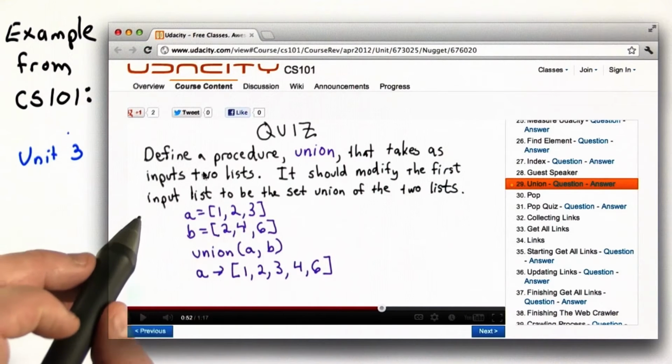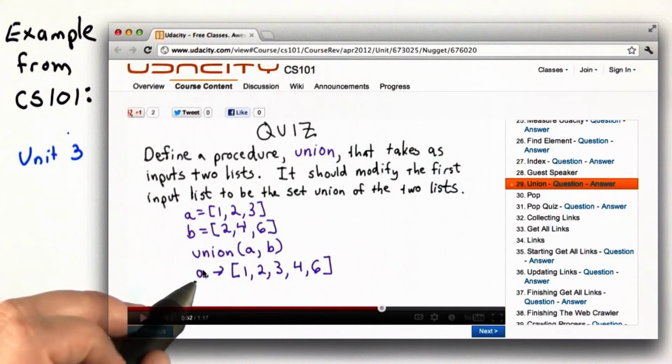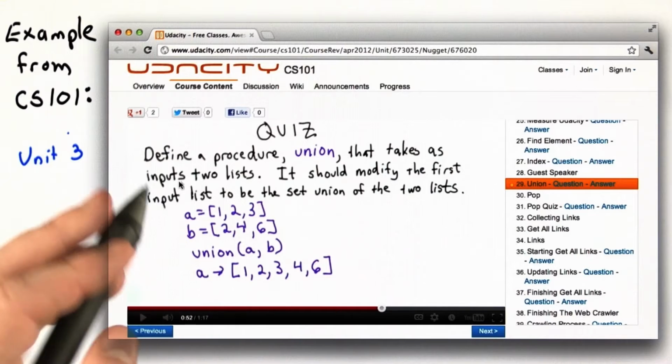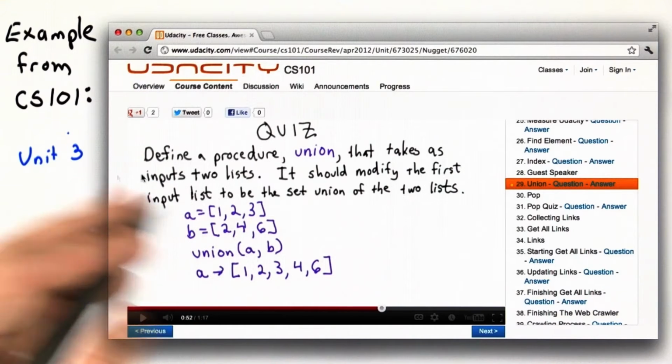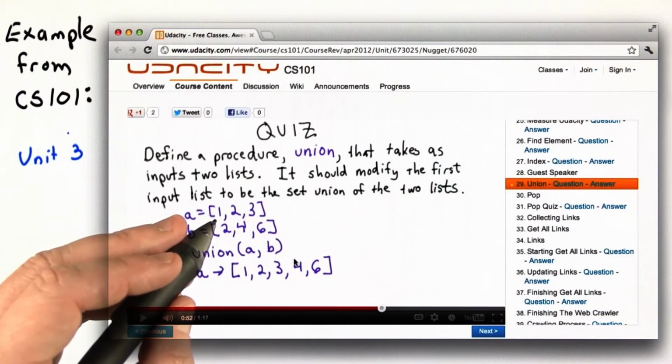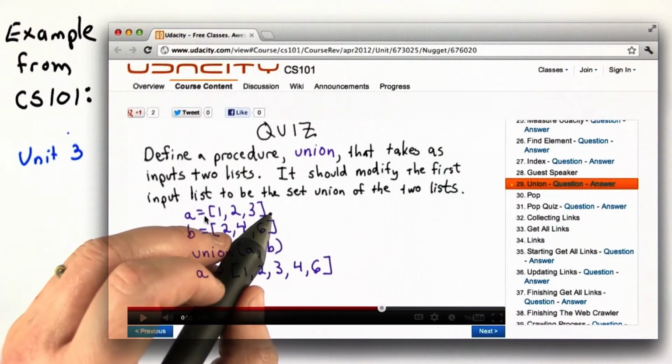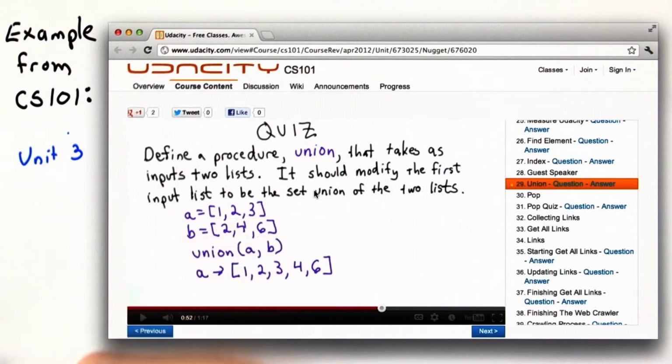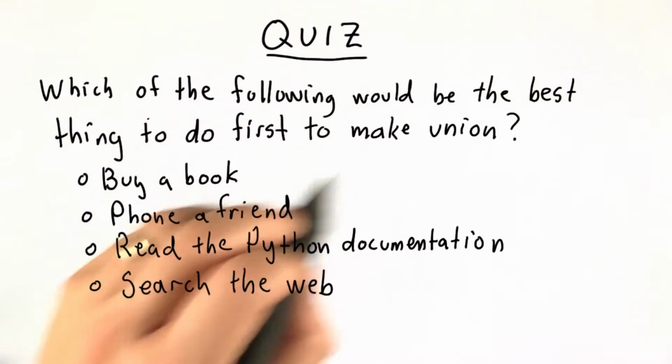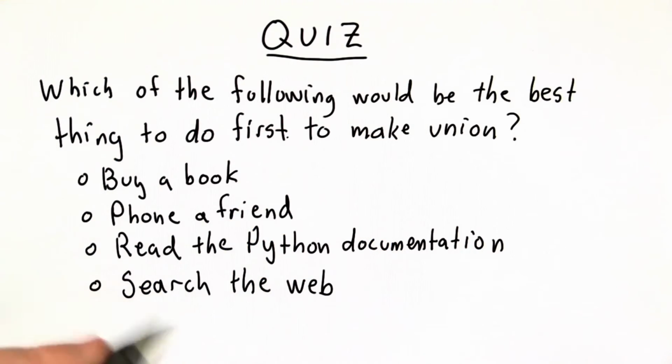So that's what we did, was define a procedure that took the two input lists and output a list that was their union. This made sense in CS 101 because we were learning about lists and how to program on lists, but doesn't make a lot of sense if your real goal is to actually do what we needed for the search engine. So for this quiz, what I want you to think about is which of the following would